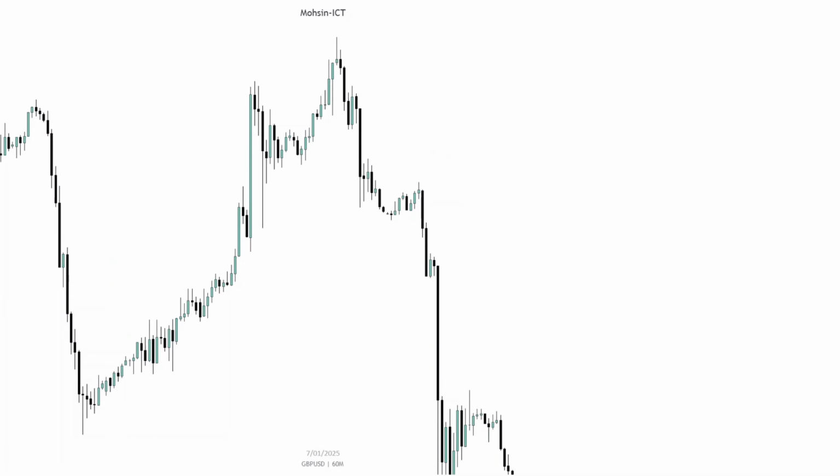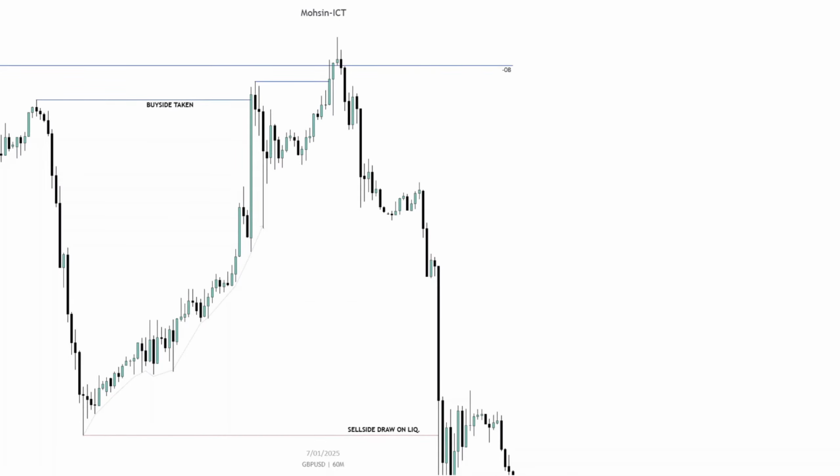On to the next example. This is GBP/USD 60-minute chart, 7 January 2025. You can see right here we have taken the buy side liquidity right here, and we hit the higher time frame order block. Now we are gathering the buy stops above the highs and pairing them up with the sell